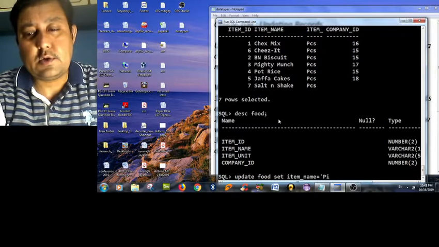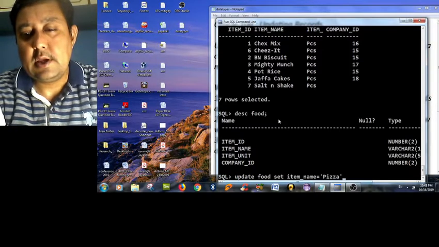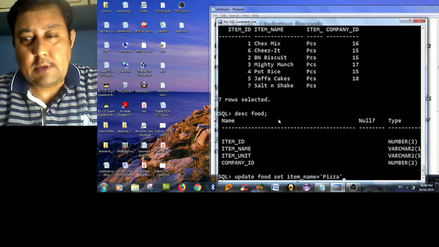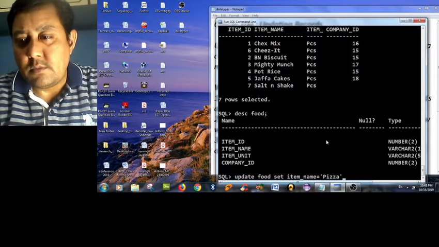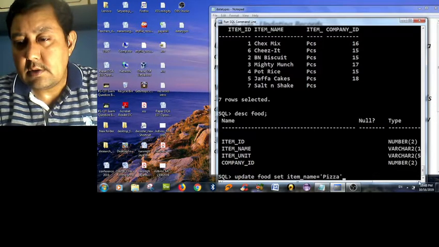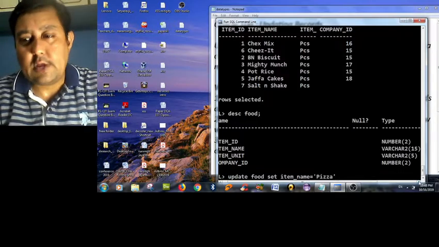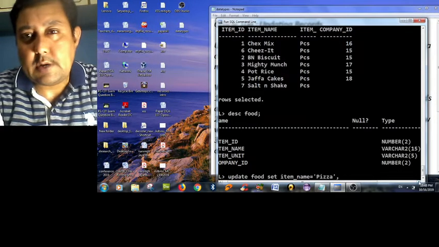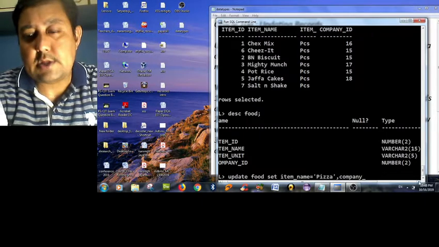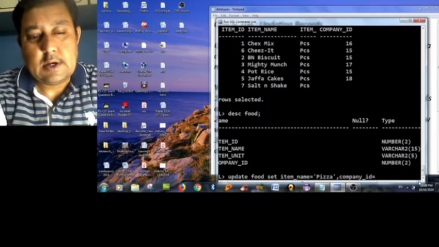Okay, that is a good choice. It can be applied to size 15. Now I'm going to change the company ID: company_id equals to 12,